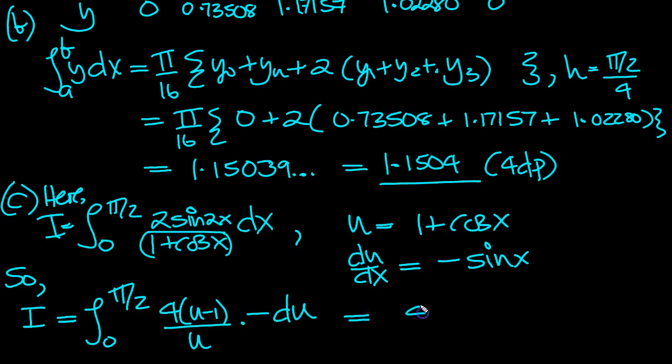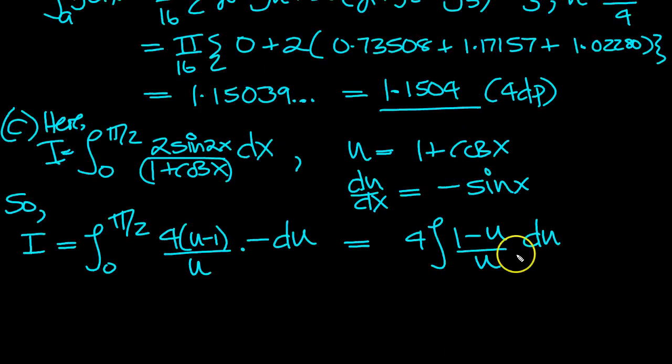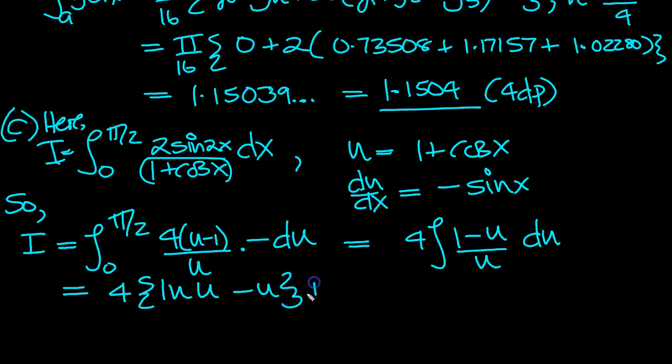So we get 4, the integral of 1 minus u over u. So I've run the minus through here. 1 minus u over u. The 4 can come through the integral du. So let's work that out then. That's equal to 4 lots of the whole thing then. It will be log of u, because that's 1 over u when you split the fraction up. Minus 1 integrates to minus u plus k. So it's 4 log u, 4 ln of 1 plus cos x,